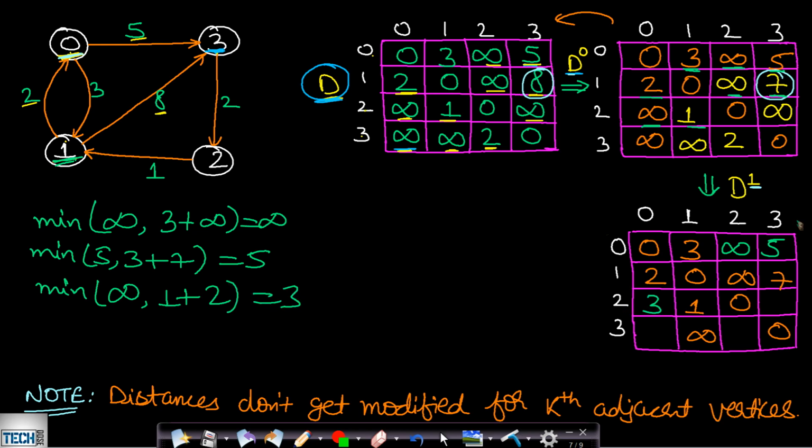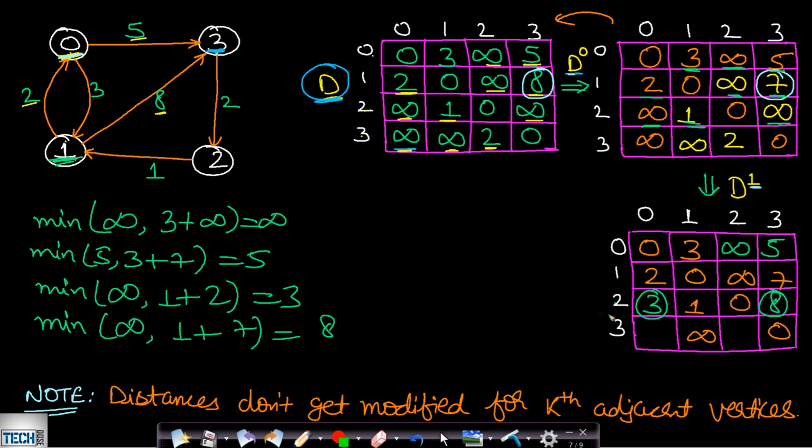Now the next part is from 2 to 3. So from 2 to 3 already known distance is infinity. So this will be minimum of infinity comma, and then we are finding from 2 to 3 via this 1. So this will be 2 to 1 and then 1 to 3. So 2 to 1 is 1 and 1 to 3 is 7. So this will come out to be 8. So we will write here 8. Okay, now you can see that this one has changed here and this value is also getting updated.